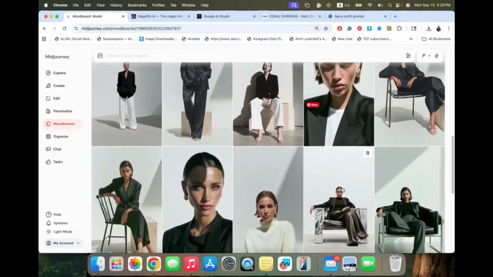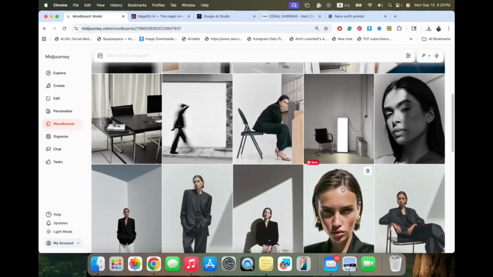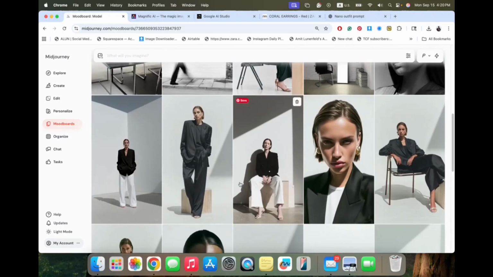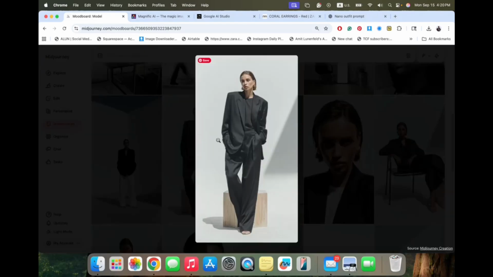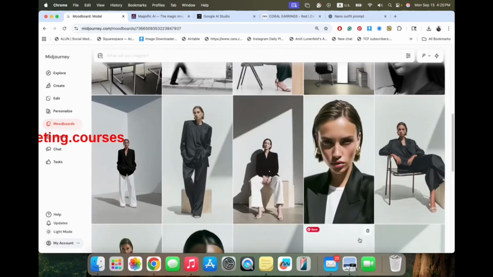So you don't need to waste your time trying to recreate the model again and again. Try, get it one time. This is your model. Go into the outfit you need, the background you want, and just change it in Nano. I hope you enjoyed it. These are really amazing tools to create whatever you want. Really, the sky is the limit.